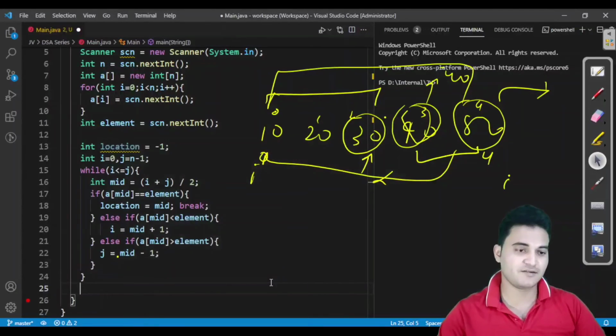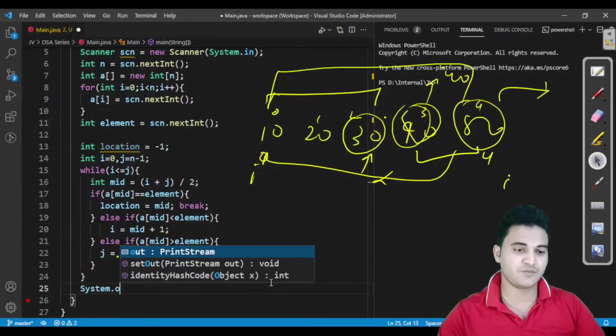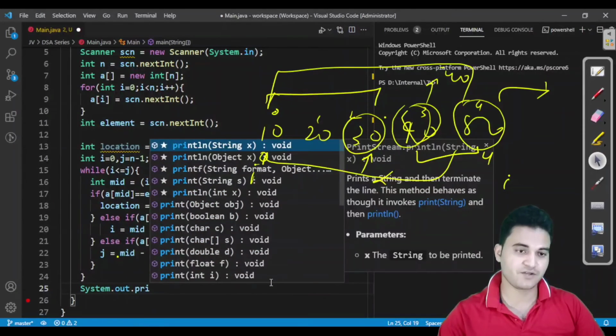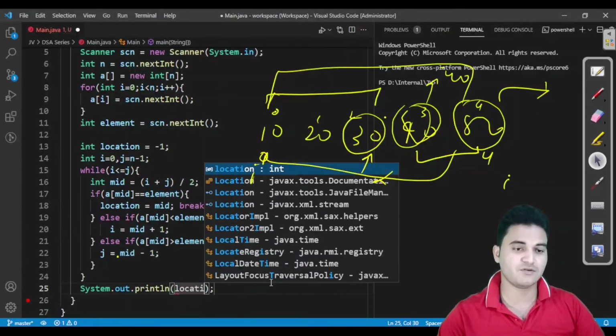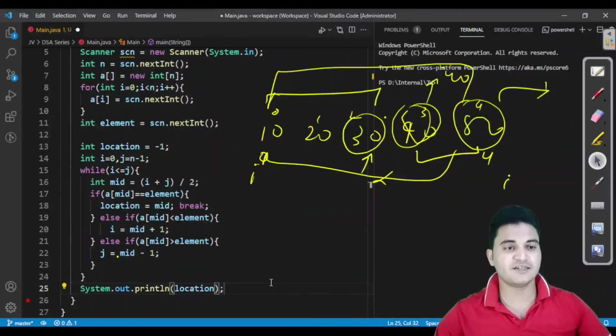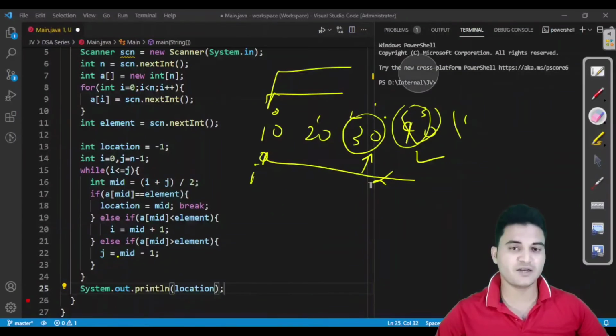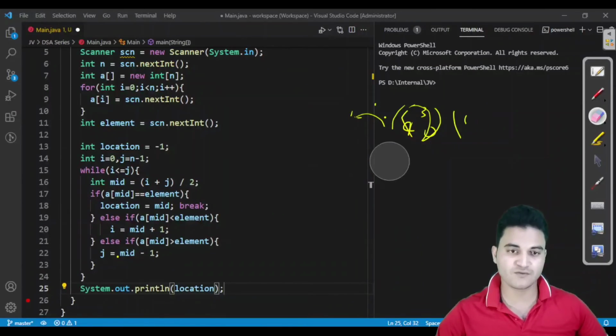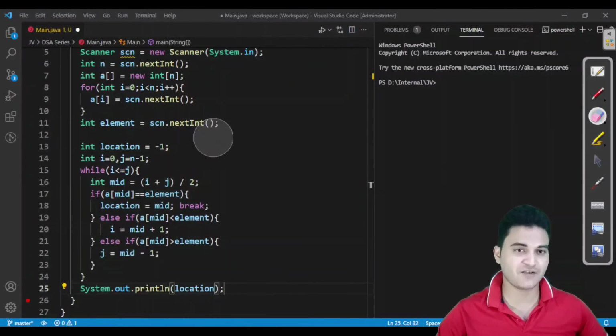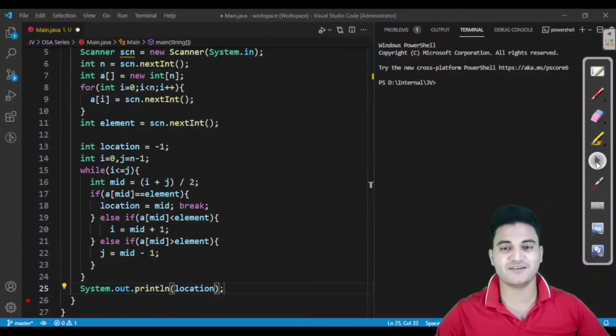And in the end, I will just have to print the location where we got our output. So location. And that's it for writing the binary search program. We are done with the binary search. Let us have a run also for the same problem, so that we can be sure that the program is working fine. So let us run it